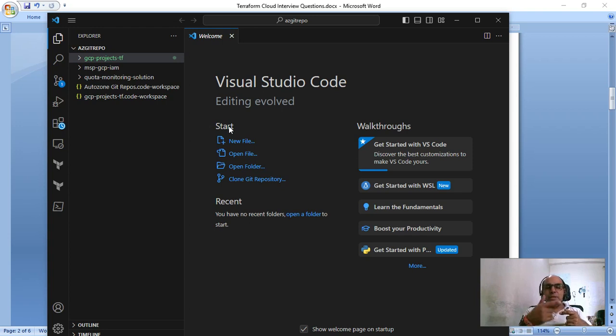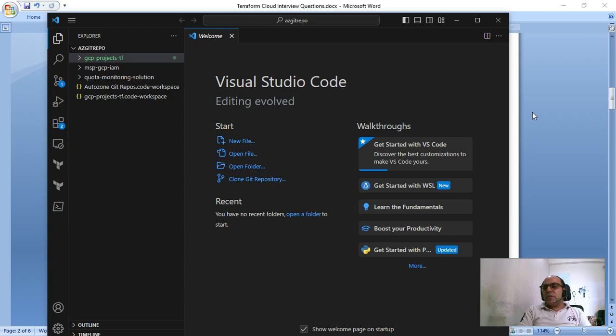Now next time when you run, it will create only the S3 bucket. That is the advantage of Terraform. It will not create the EC2 server. Why? Because it has those details, so it knows this server already exists. You got my point. That is the advantage of Terraform.